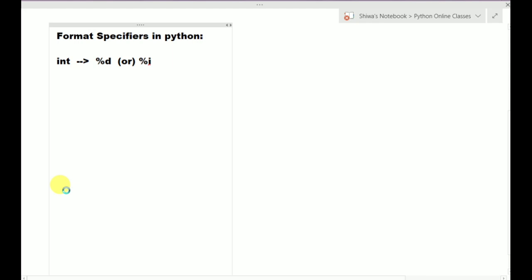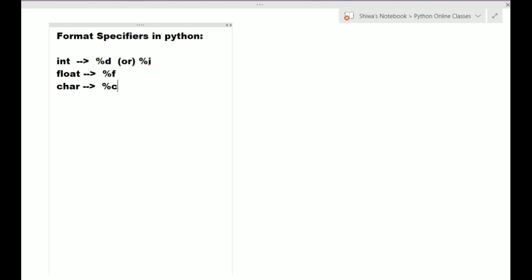Similarly, to print the float values in C language, we use %f. In Python also, we can use %f. To print the single character in C language, we use %c. Here also same. Almost all format specifiers in the C language we can use in Python.